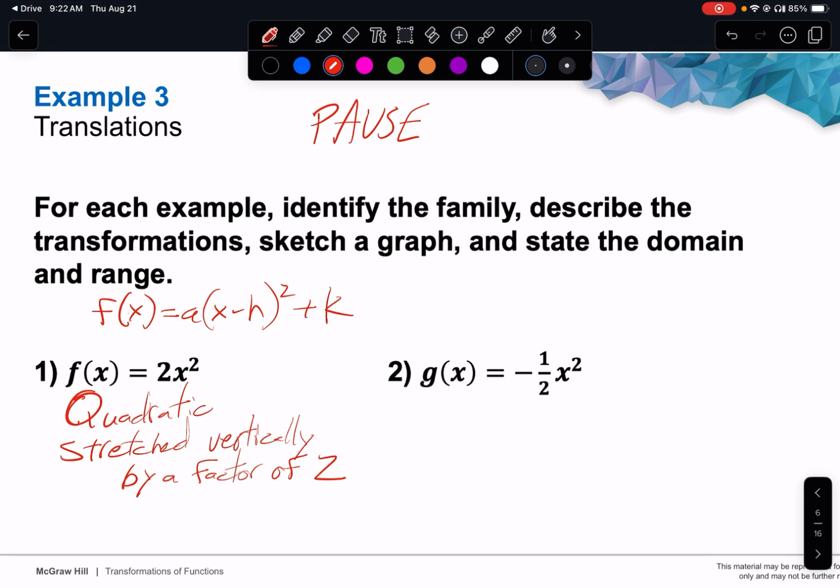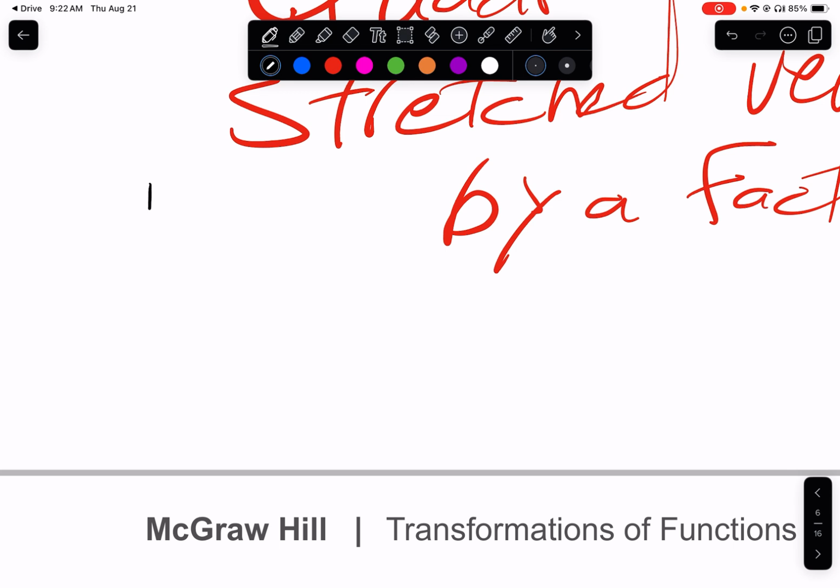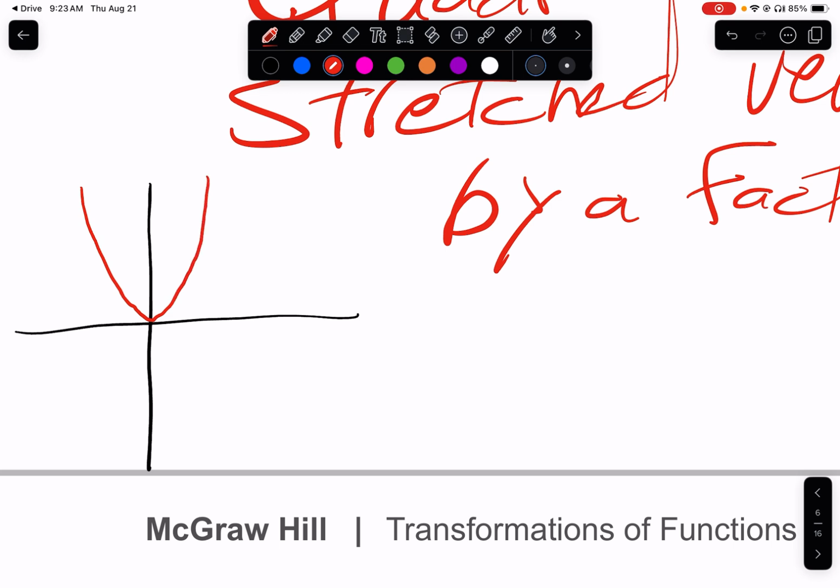Okay, so that's what that would mean. Then next for our graph of this one, all we're going to do is do our parent function. Okay, because we didn't have an h or a k, so it's not translated at all, our parent function, but instead of it being our normal parabola that goes like that, we are just going to make it skinnier and closer to that y-axis,